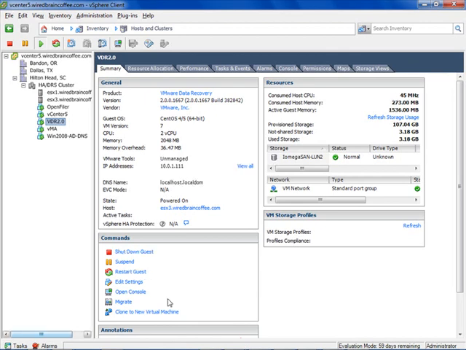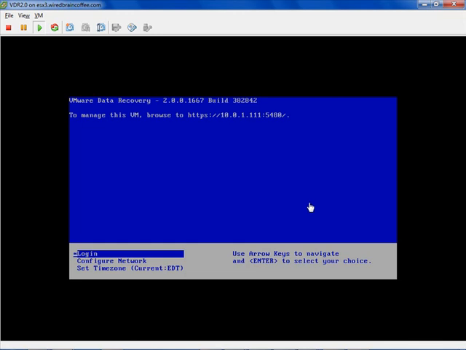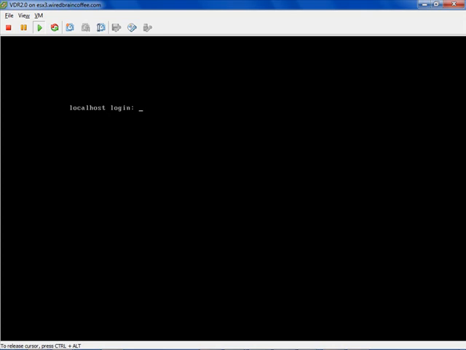With the appliance powered on, let's go to the console for the virtual machine. And then here in the console, you can immediately see that the virtual appliance has an IP address, which it got via DHCP. You can see the IP address for it there. Let's click on the console. I can use my arrow keys here to navigate. I can go ahead and log in, and I'll log in as root with the default password VMware with an @